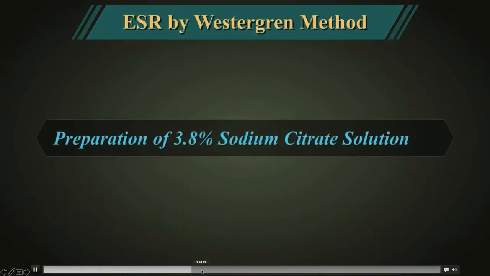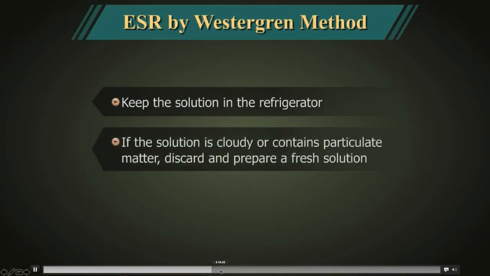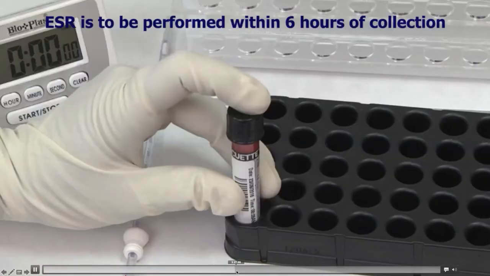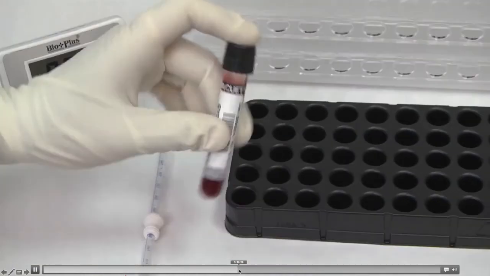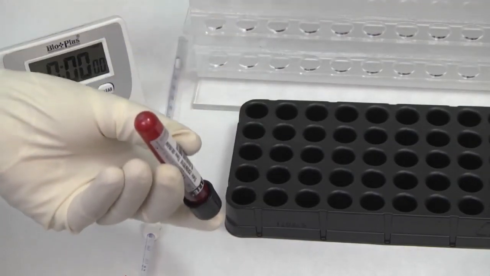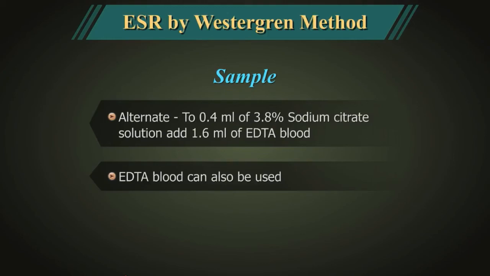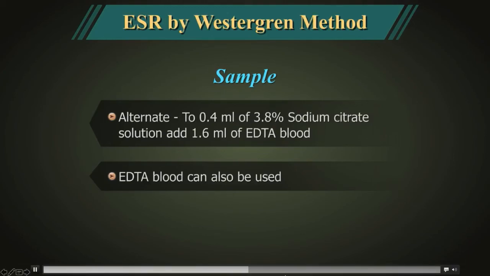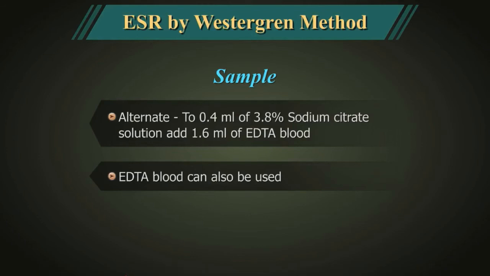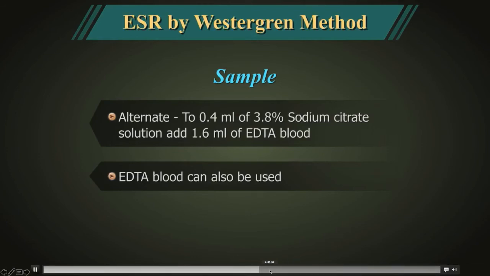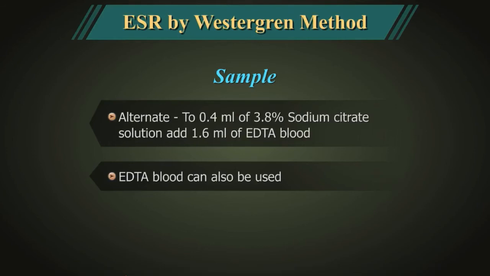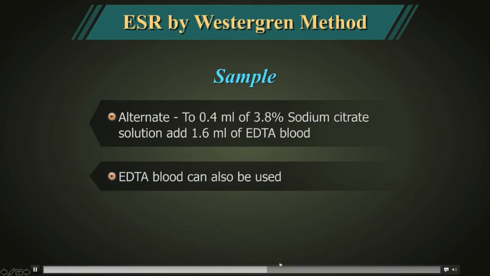Preparation with the solute. Collect 3.8% sodium citrate vacuotener and mix the contents thoroughly by inverting the vial at least 6 times. Alternatively, measure exactly 0.4 milliliters of the 3.8% trisodium citrate solution with the help of a pipette or syringe into a clean and dry tube. Draw venous blood and immediately place 1.6 milliliters into the trisodium citrate solution. Note: you can also use EDTA blood. If kept at 4 degrees centigrade, it can